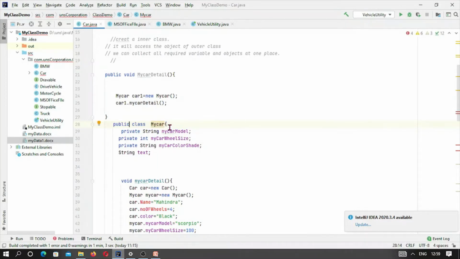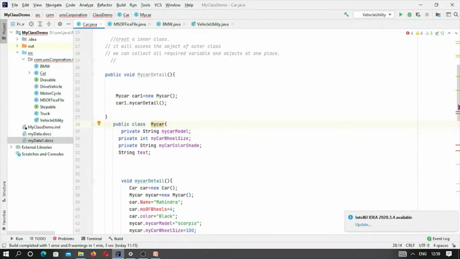This is my car fields. These are also private: string my car model, that is the car name, and there is a number of wheels, so here a wheel size, and here that was a color, so here a color shade. So these three fields have been created here. Later we will discuss why I have created a string text.